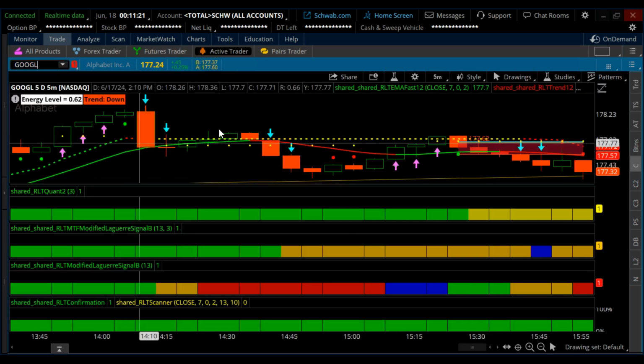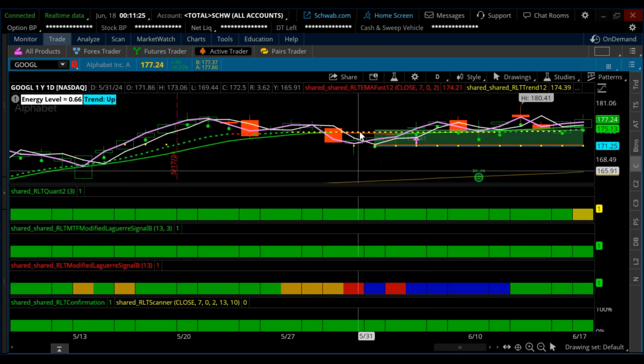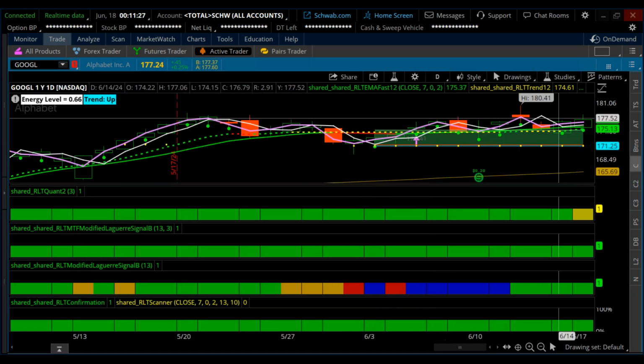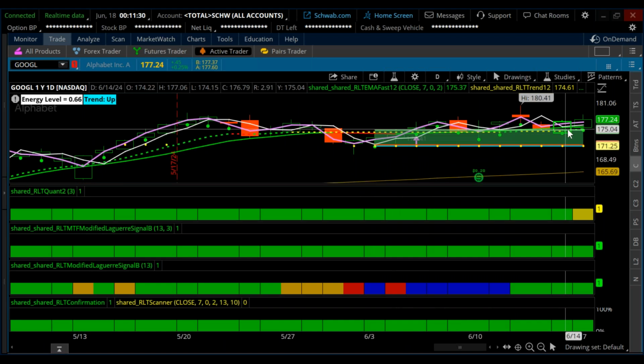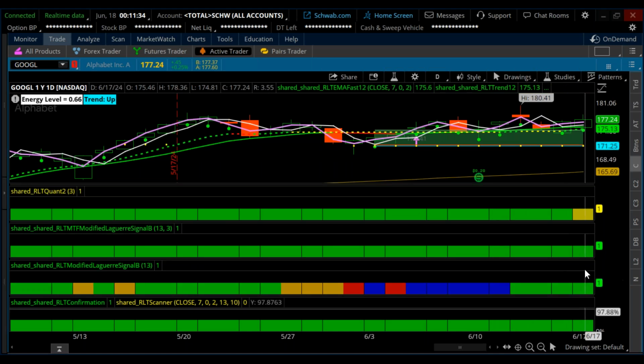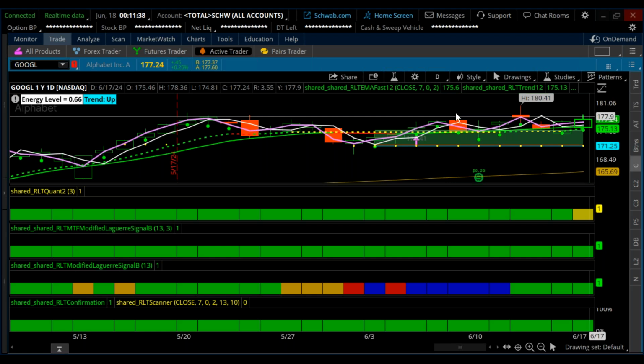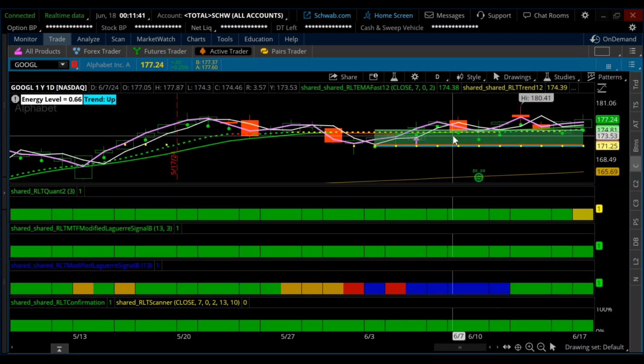We have what's called a weekly ATM on Google. We switch over to the daily chart. What I'm looking for on this is basically for the stock to just move sideways for the next few weeks so I can keep selling puts against it. So this is Google. It's definitely bullish. It's coming out of dynamic compression, very choppy here, but still a pretty nice trade for the strategy we've got,